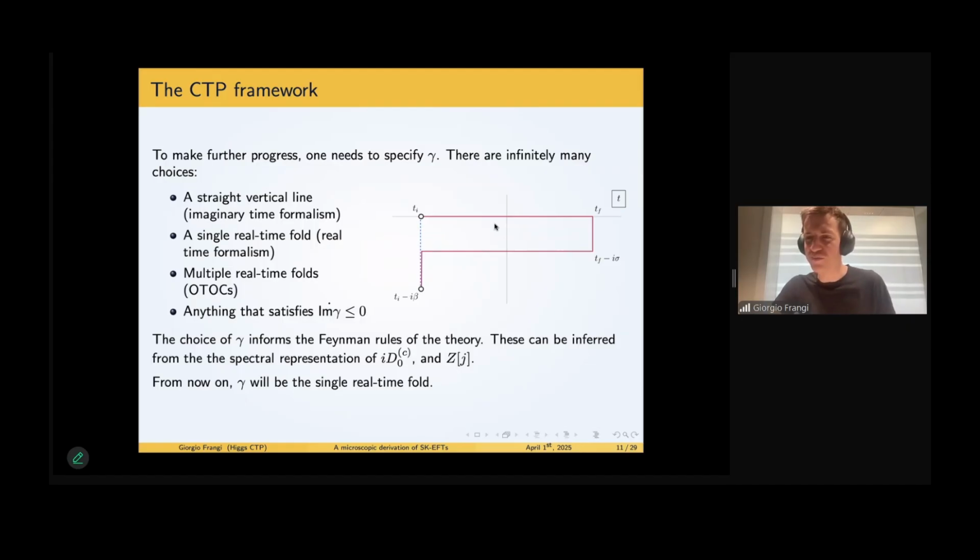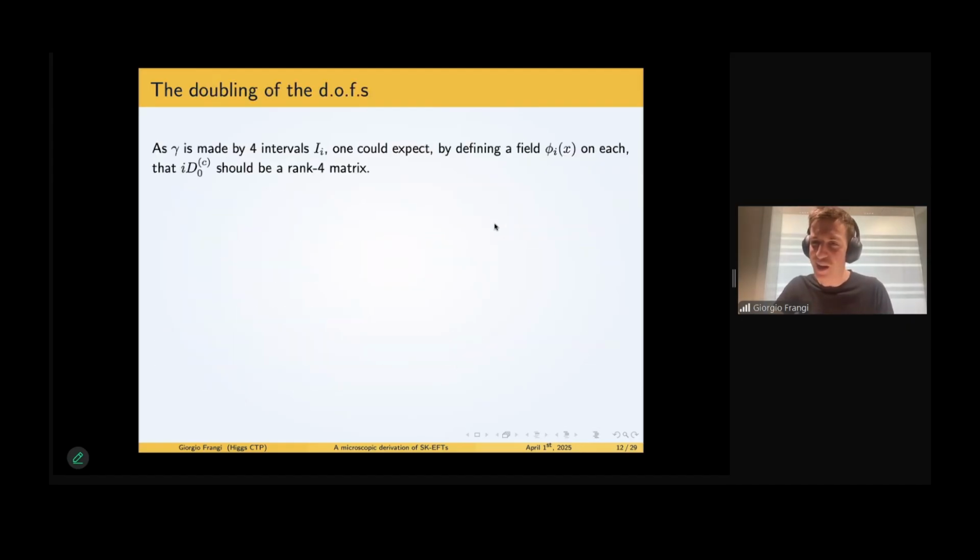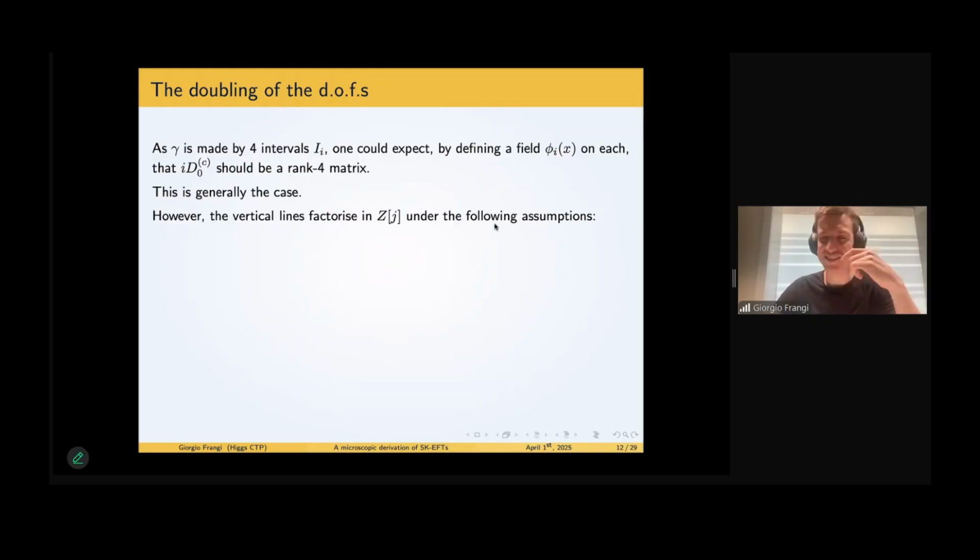Now, what is worth pointing out is that gamma is made of four intervals. If we follow the logic that you define a field on each time interval, you could expect to have four fields, so the matrix describing the propagator of this multiplet should be a rank four matrix, and in general, that's the case. So how do we get to the doubling of the degrees of freedom? There is this funny thing that the path integral, under some mild assumptions, does factorize into